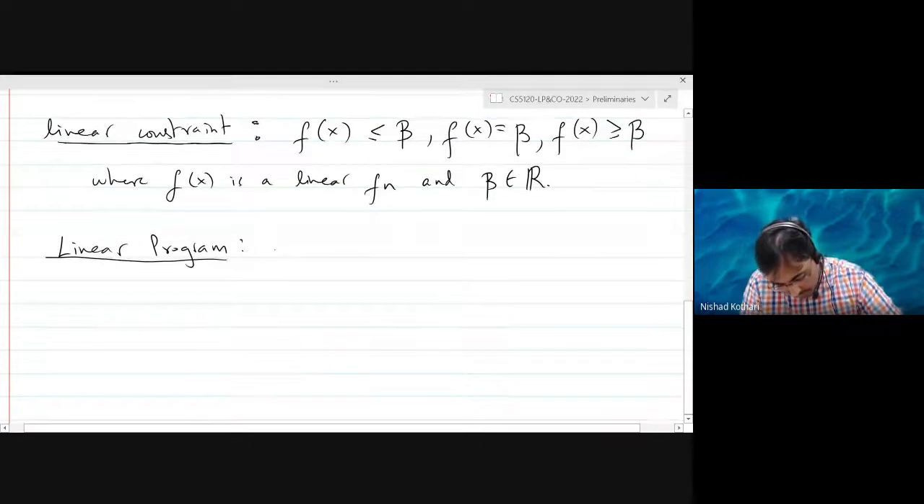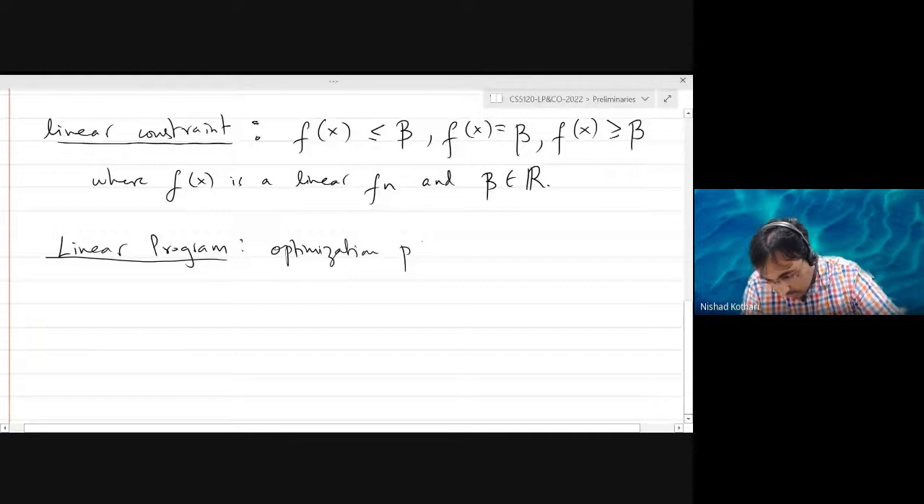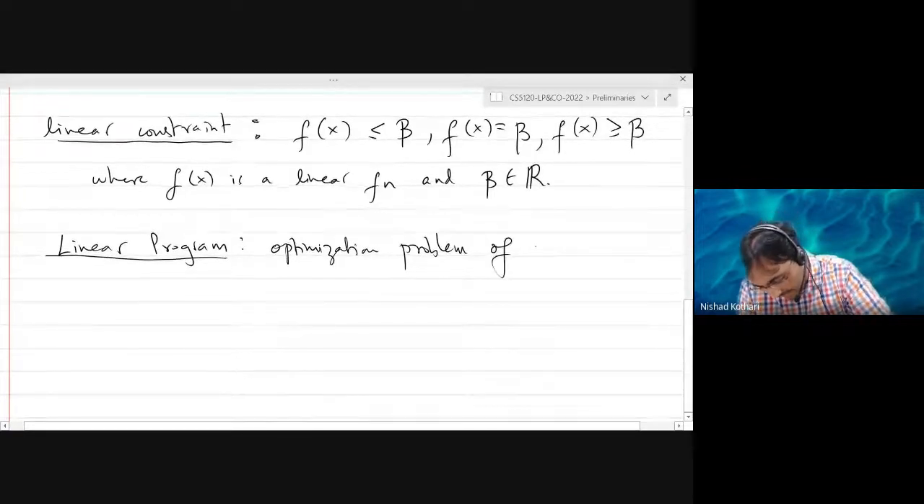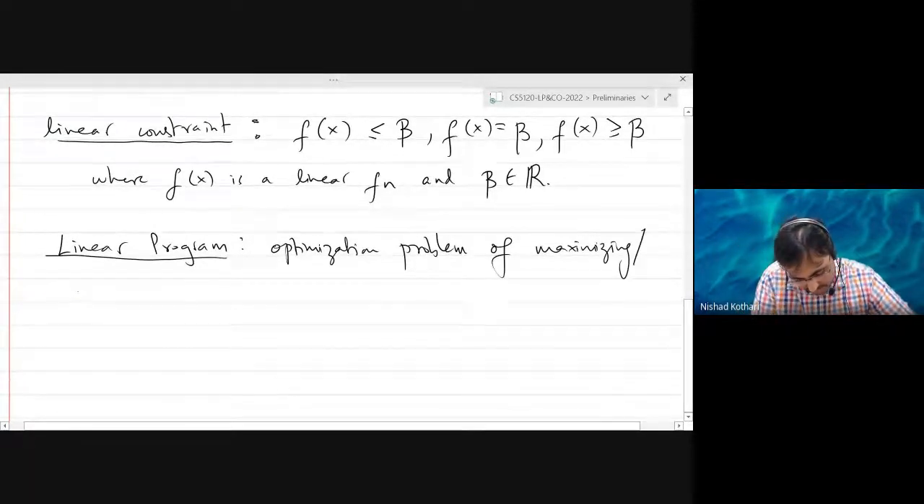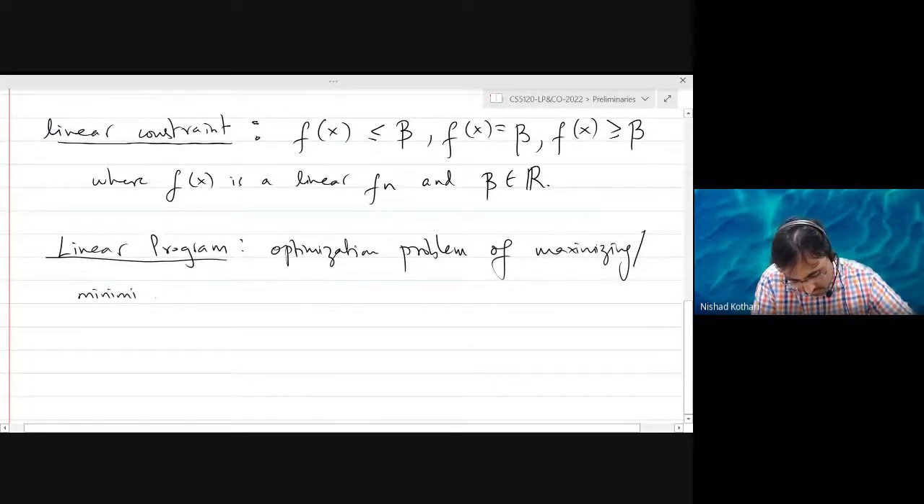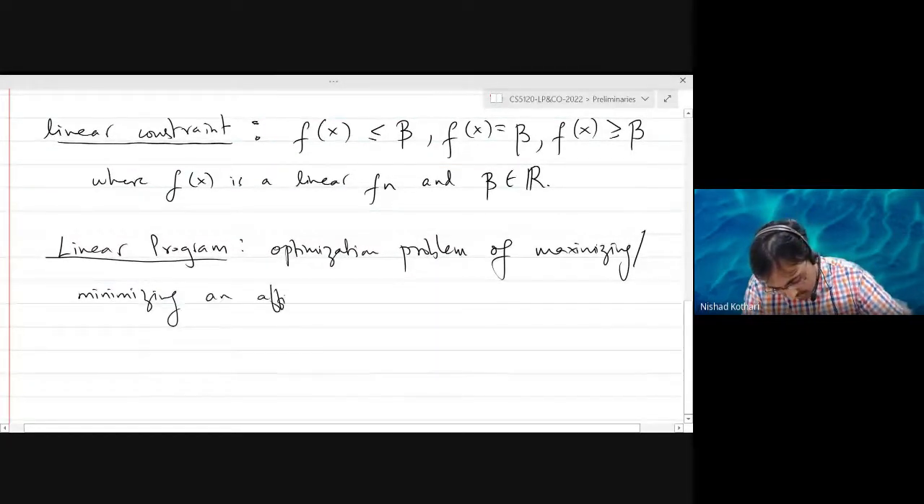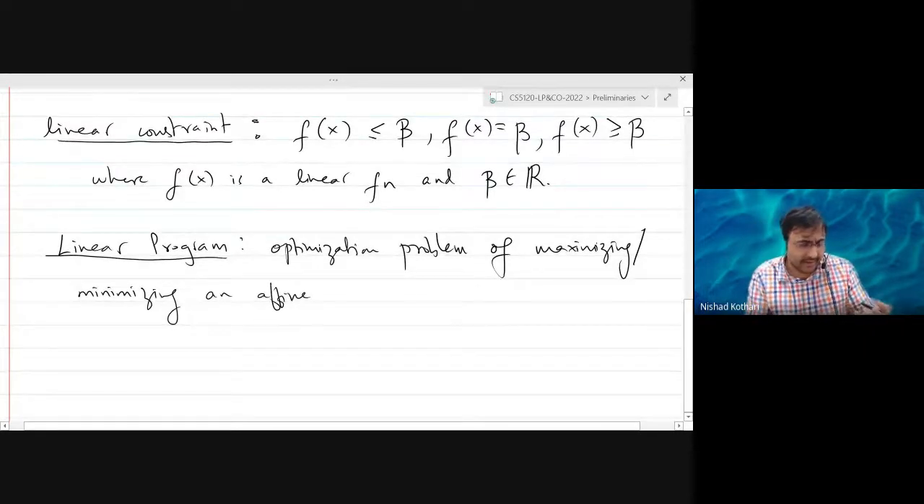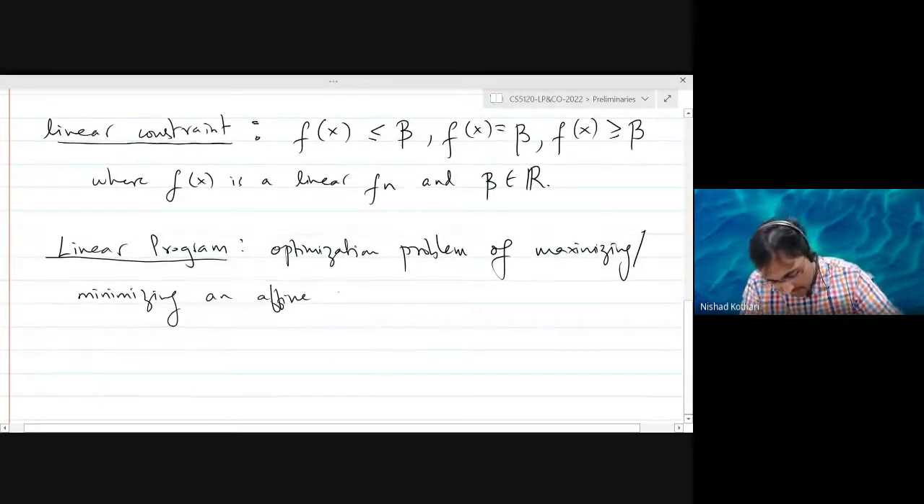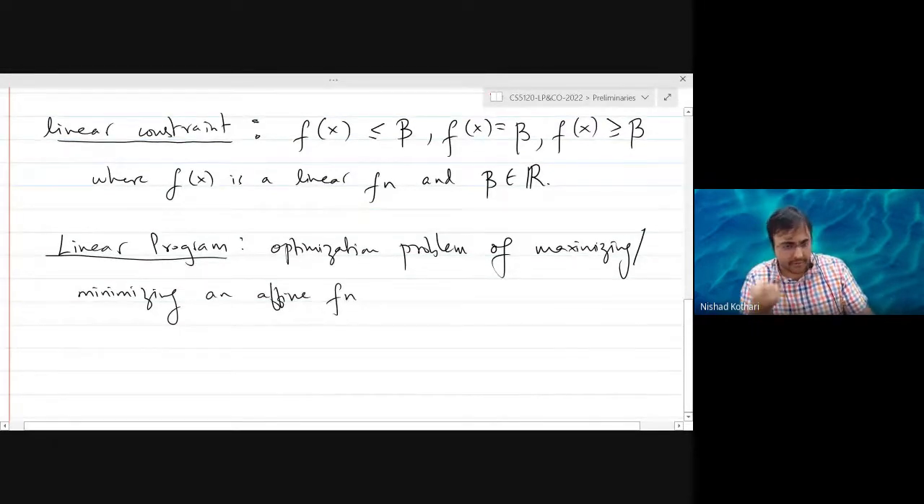It is an optimization problem of maximizing or minimizing an affine function. So we are going to allow the addition of a constant because clearly it doesn't matter, right? And sometimes when we are developing the theory, we might find constants useful. So that is the reason we are going to allow the objective function to be an affine function. Okay, so we are allowed to add a constant